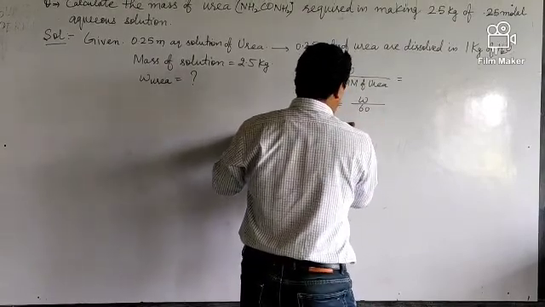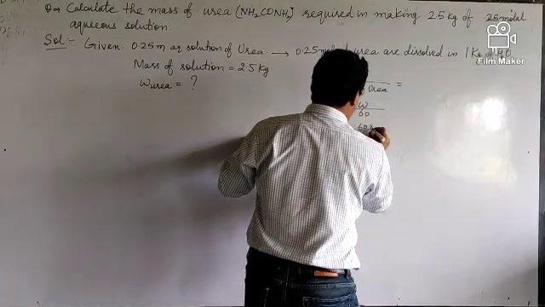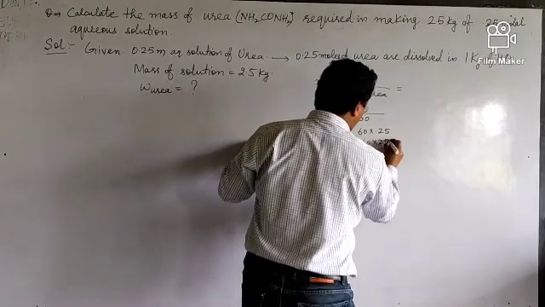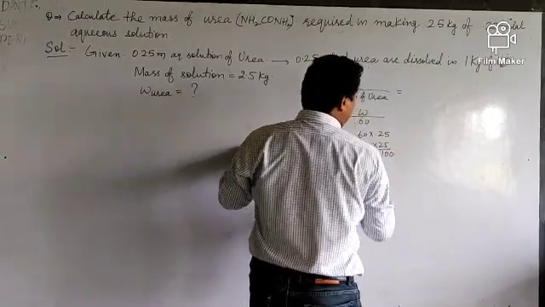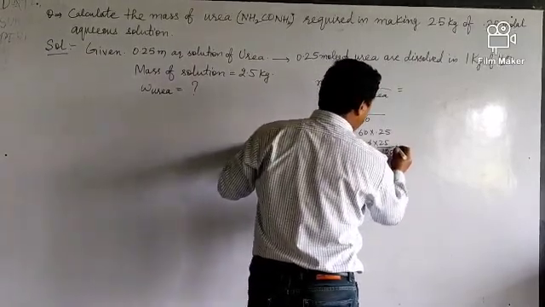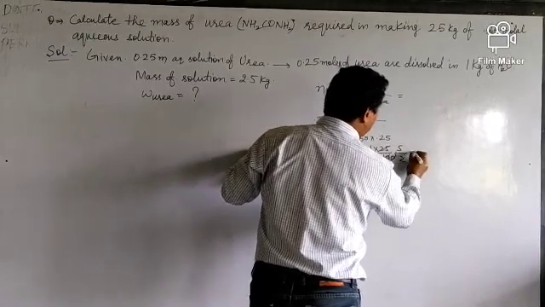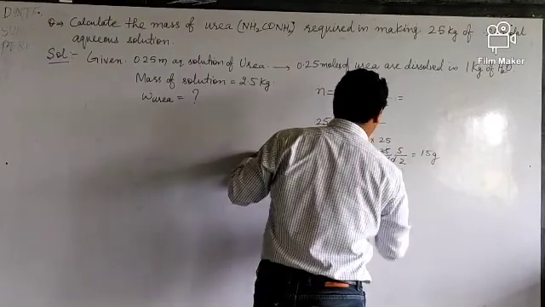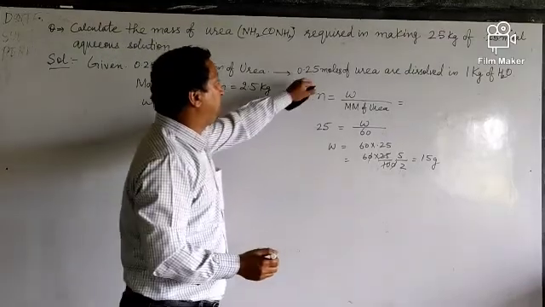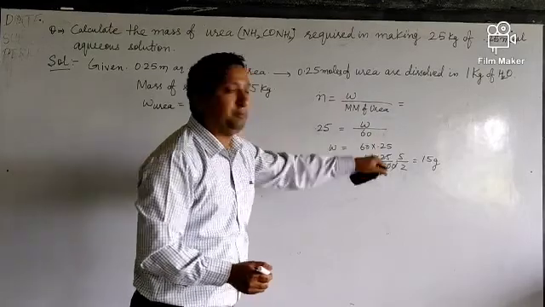So W is equal to 60 into 0.25, or 60 into 25 upon 100. So this will cancel with this, and it will come equal to 5 by 2. So 30 by 2, that is 15 grams. So to make 0.25 moles of urea, we dissolve 15 gram of